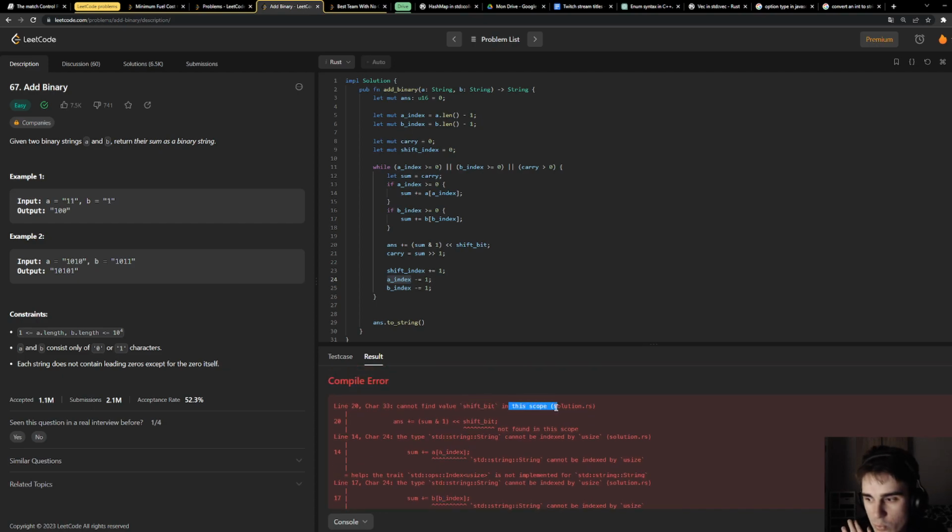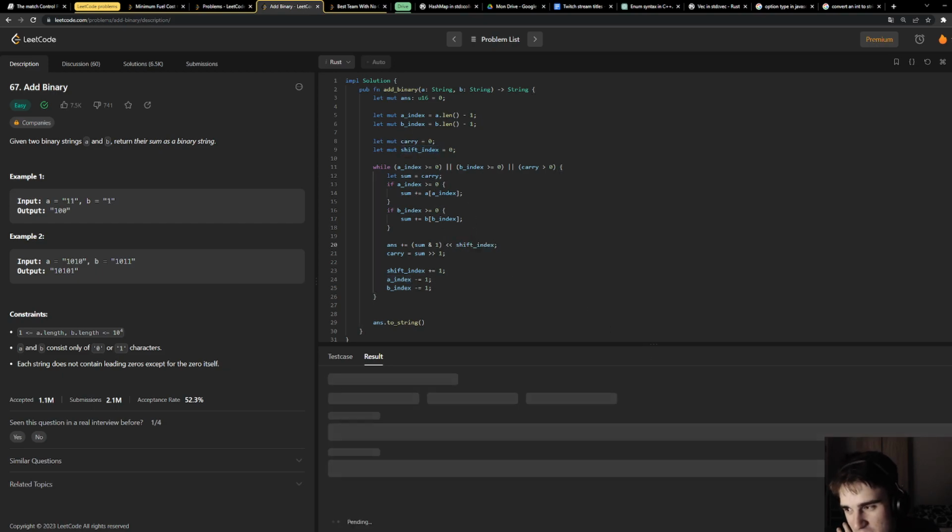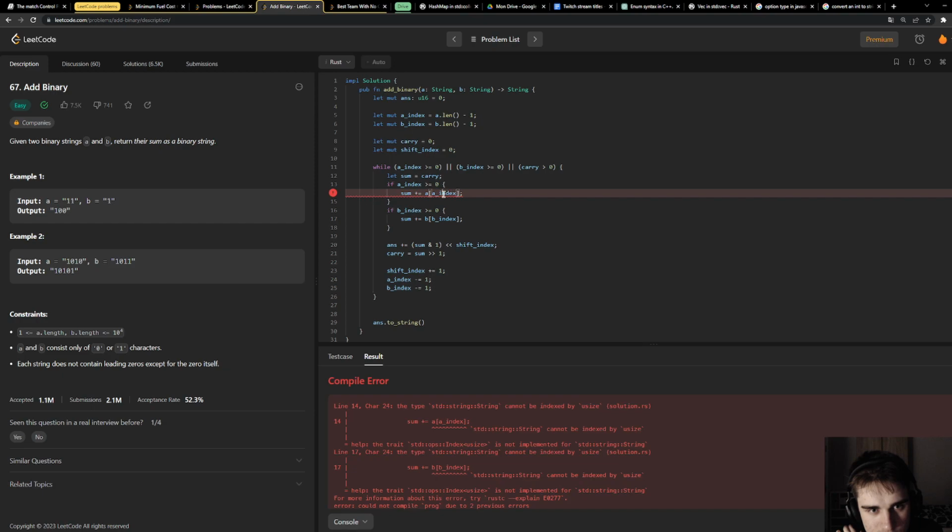Shift bit in the scope, solution.rs. Not found in the scope. Maybe it's because I'm typing actually. Cannot be indexed by usize.